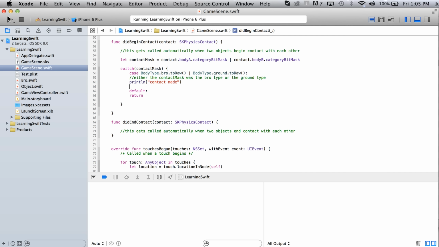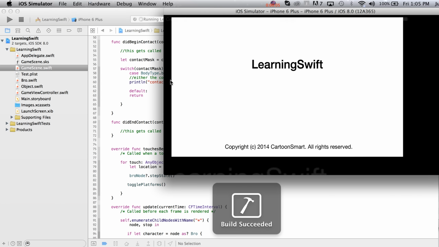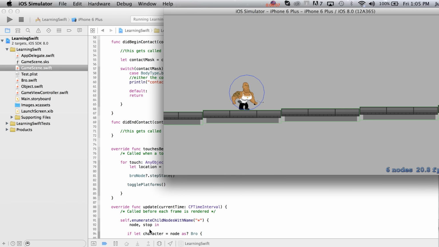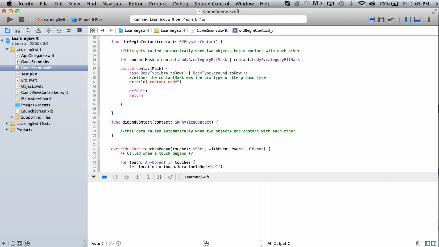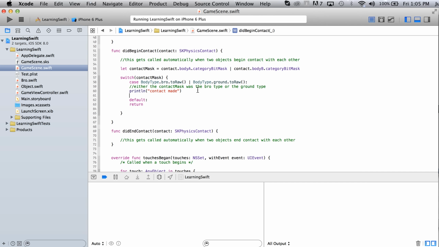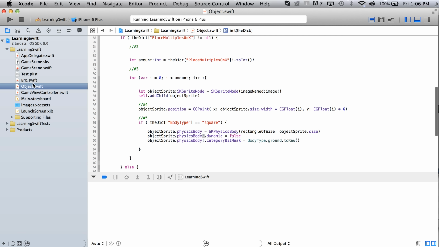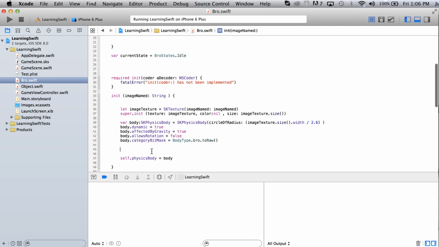And now you'd think we can test this, and we'll get our contact made spit out in the output window, but that is actually still not the case. The reason is that essentially we haven't told the program that we care about this contact. Remember, our physics collisions are still occurring, but we're not explicitly saying register this. What we have to do is come down here and write